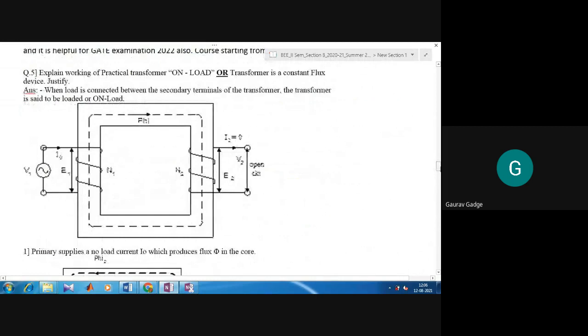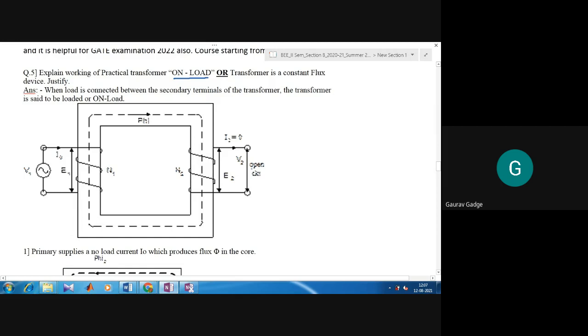Okay, now this is another topic which is very very important. इसके ऊपर न्यूमेरिकल पूछा जाता है जनरली 6 या 7 मार्क के लिए, लेकिन आपके केस में 1.5 मिनट के लिए अगर 2 मार्क का न्यूमेरिकल पूछना है तो उसका भी एक तरीका है. That I'll just tell you, but before that I just want to brief this particular topic, and the question which is generally asked on this topic is, explain working of practical transformer. And what is meant by practical transformer? It means transformer is under no load condition. Another way of asking this particular question: transformer is a constant flux device, justify. Okay, so let us start with the explanation.